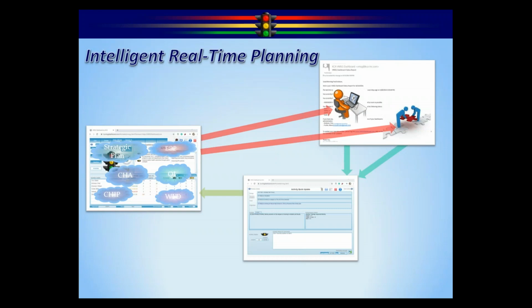Just to give you a number, this takes typically about 3 to 5 minutes per person per month. So what you want to do is spread it out to what I call the horse's mouth, the people who are actually doing the activities, the people who are actually managing the objectives, because they're going to have the best source of information to update the information so that you're always working with real-time data. So that's the real-time planning. Now,